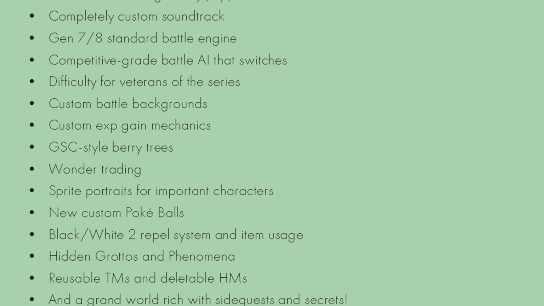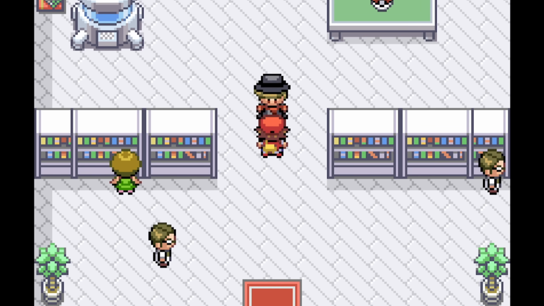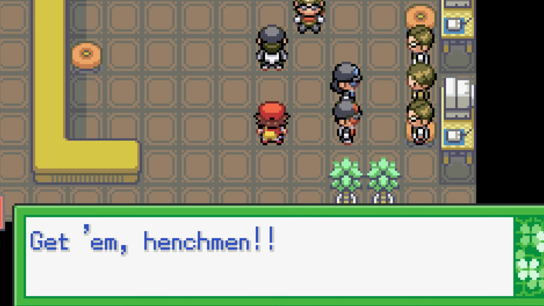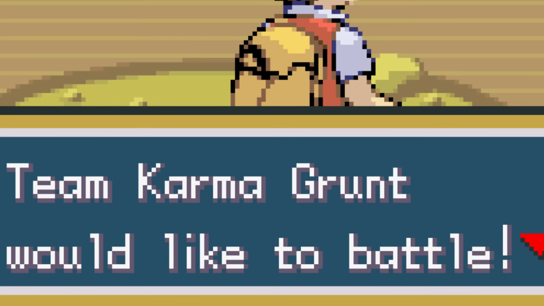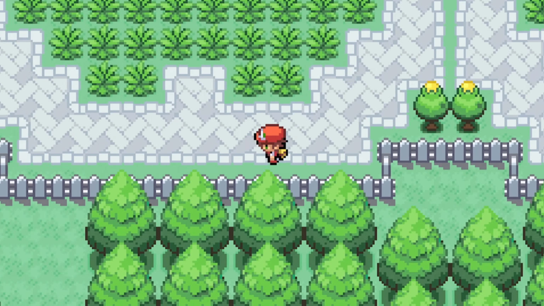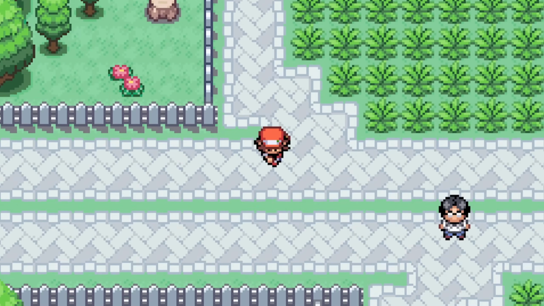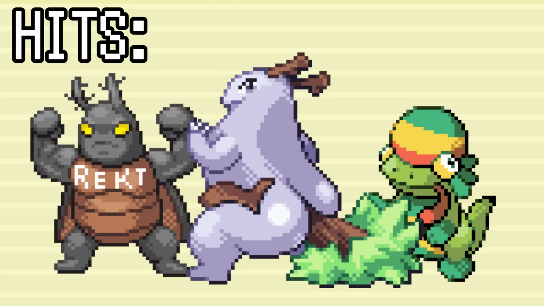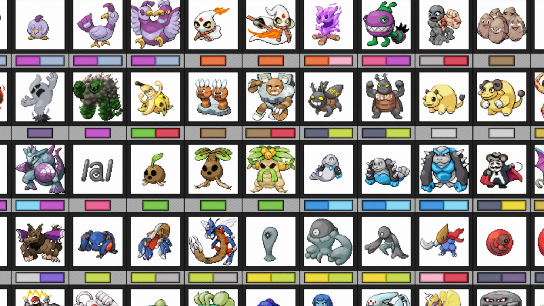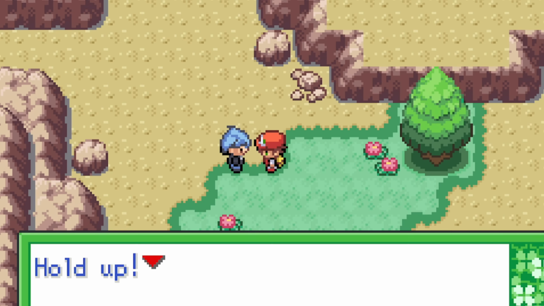As for the plot, you meet such characters as the ever-so-charming rival Edgy, while also coming across a criminal organization with a name that strikes fear into anyone. Of course, there is also the badge collecting aspect, but that's an excuse for witnessing all of the new Fakemon with the biggest hit or miss ratio that I've ever seen. So, to finally get on with taking a closer look at them, let's hit it off with...